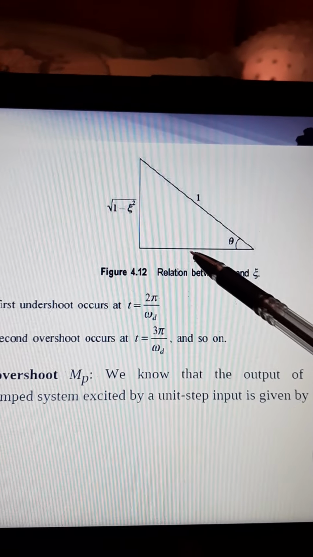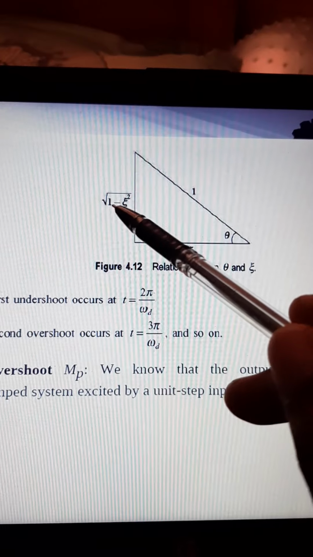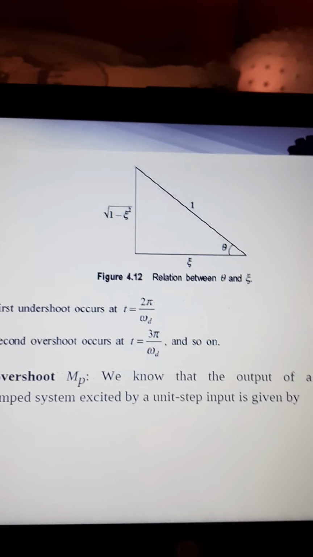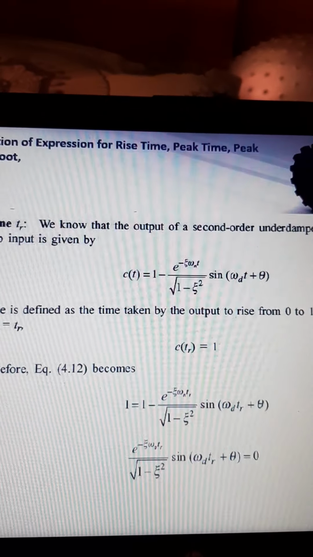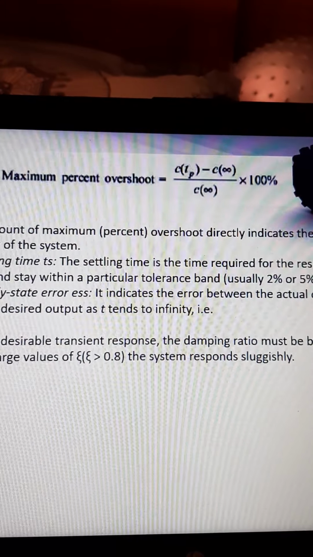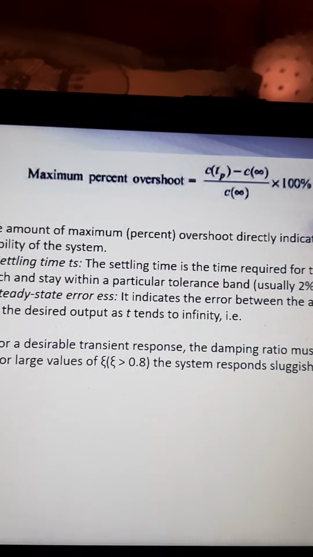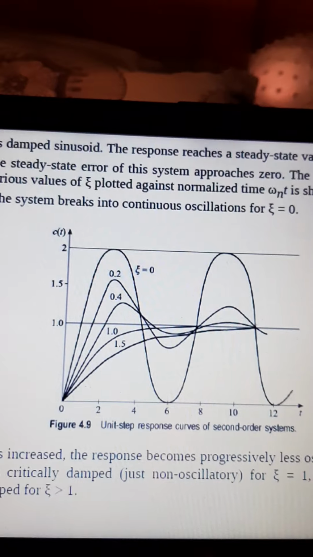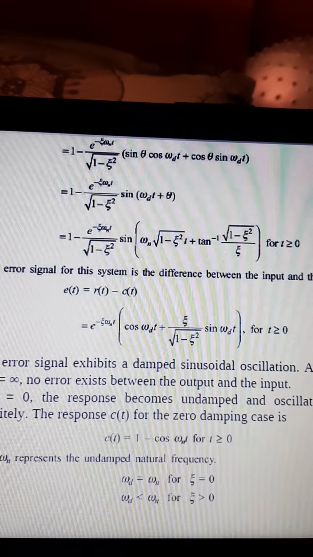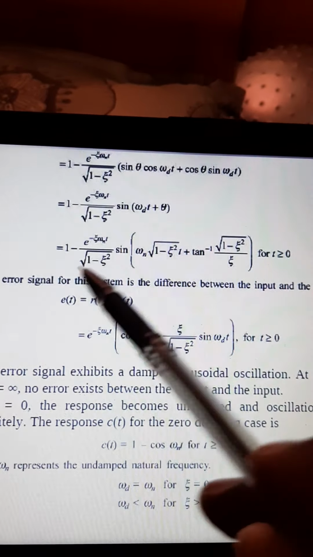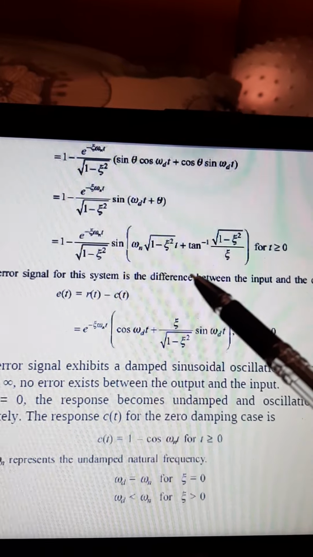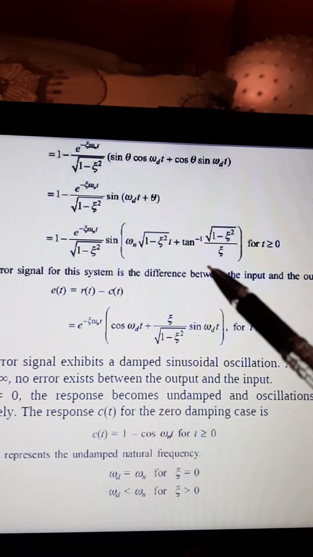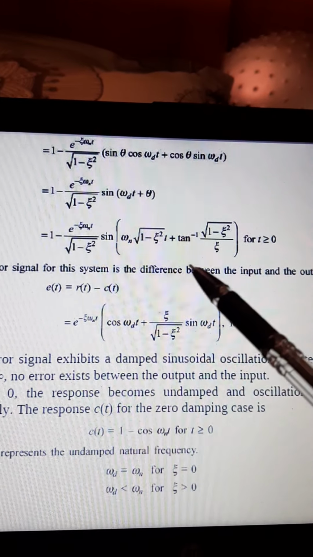So cos theta is psi, and sin theta is square root of 1 minus eta square. That is why you are getting this term. So sin theta cos